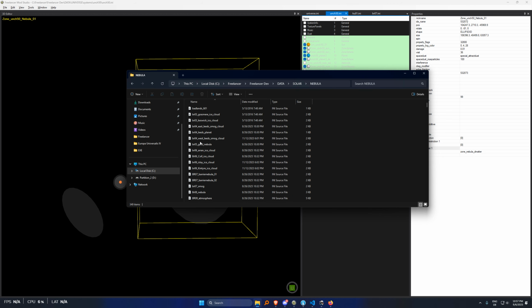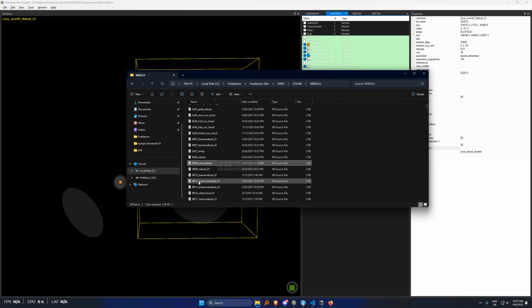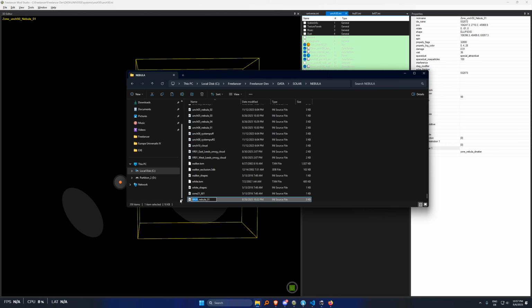Where's the battleship? And find here the RO9 and then create a duplicate entry. Yeah, and then exclusion zones, comment out. Nebula. There we go. There's the battleship. And then rename